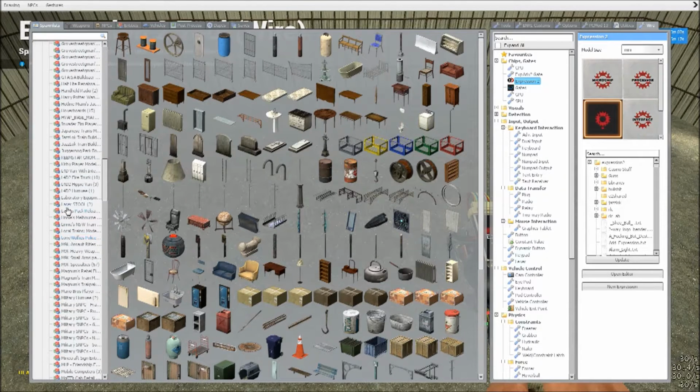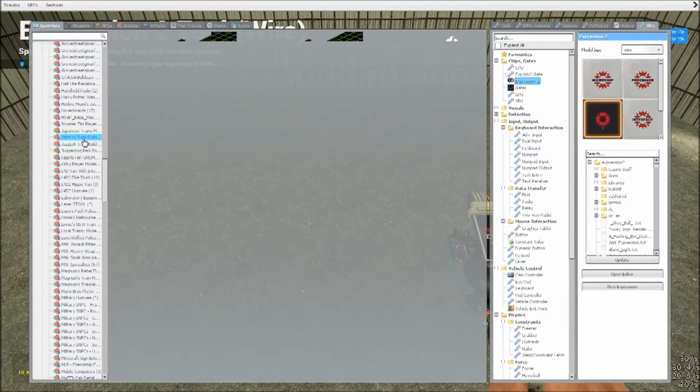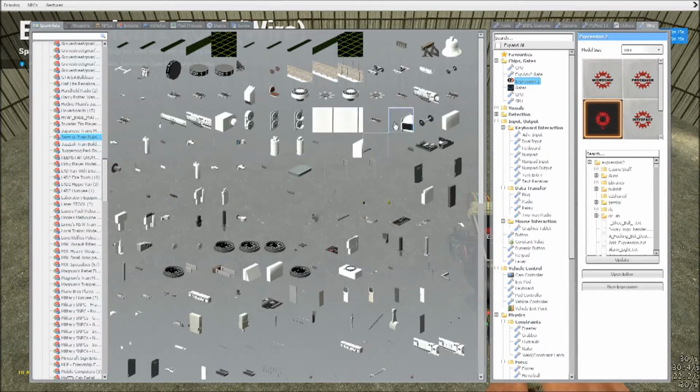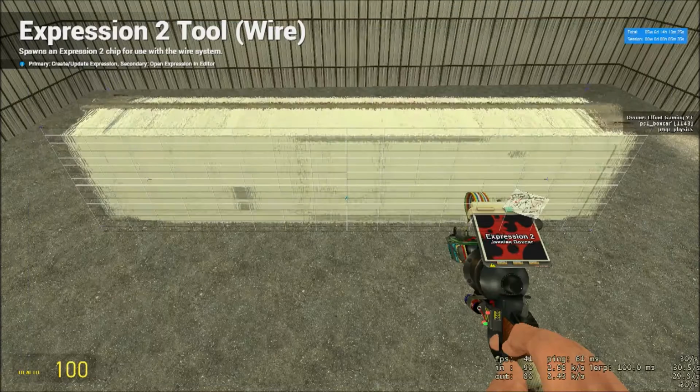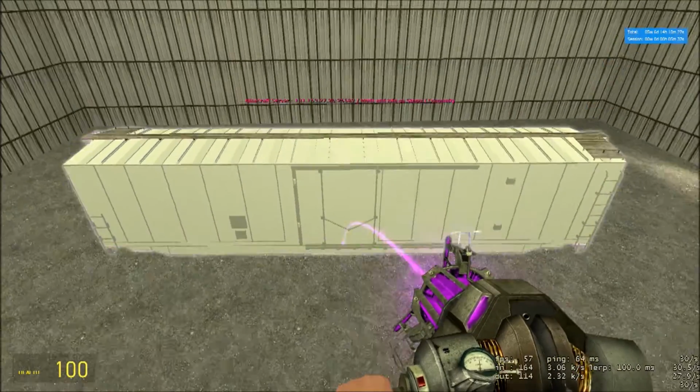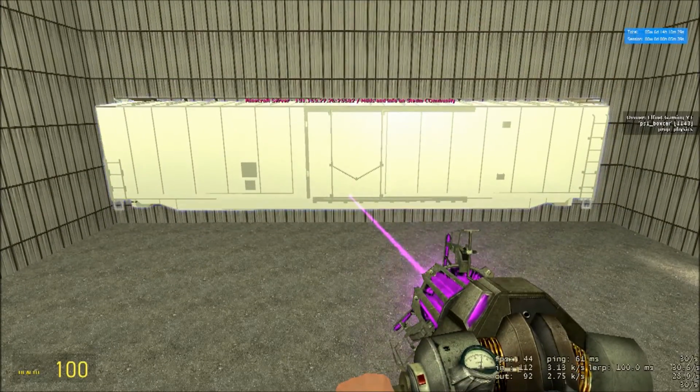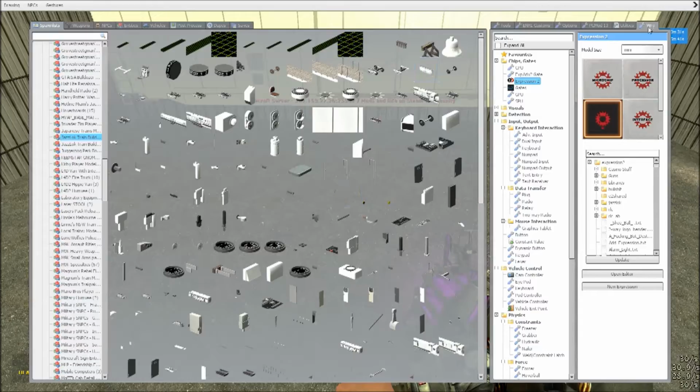So I'm going to go down to the Jazz Lock train build, if I can find it. There. First thing I'm going to do is find the boxcar that he's made, the PS1 boxcar. I'm going to right click, copy to clipboard, and then we're just going to click it, spawn them in, pick them up like so. And next we go to the wire expression tool